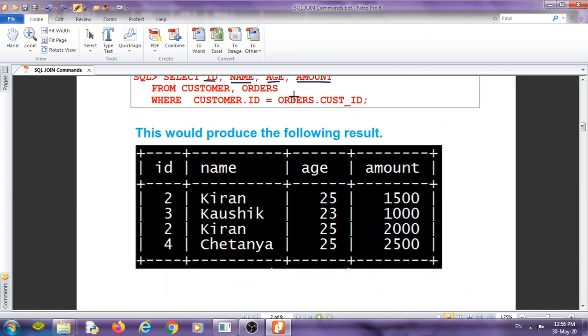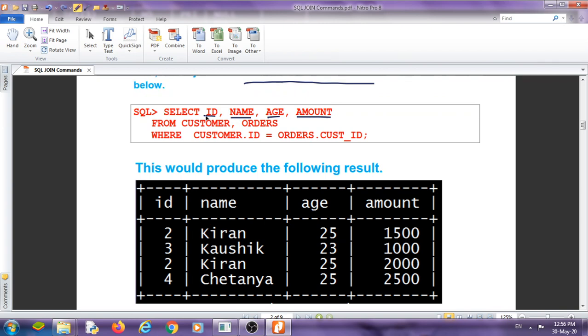There are some fields which belong to two tables, so in the from clause we put customer comma orders, because some attributes are related to customer and some are related to orders. And this is the where condition. In the where condition we use the join clause, where customer dot id equal to orders dot customer id. In both, the id will be compared by using the equal sign.